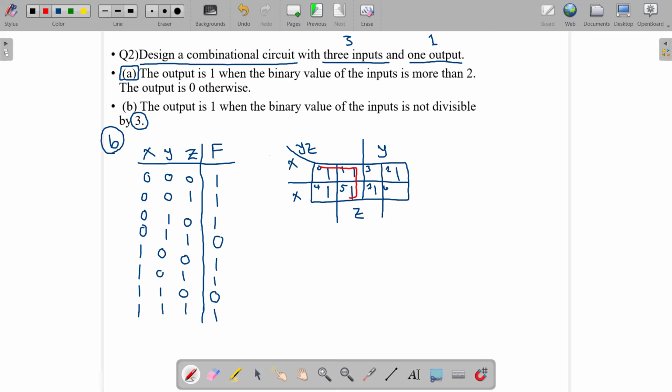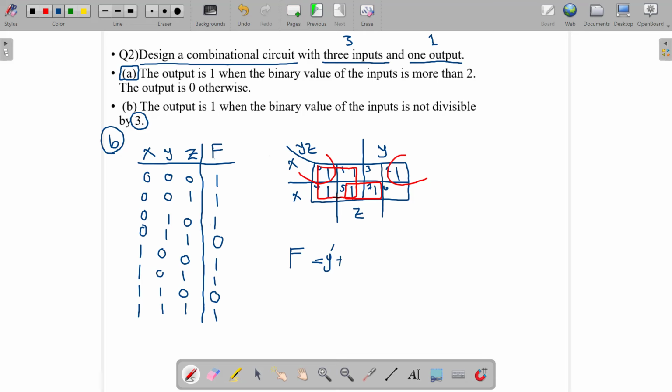We can say that these 4 and also these 2 and also these 2 corners are neighbors with each other. So it means that f is equal to this 4 is y prime,